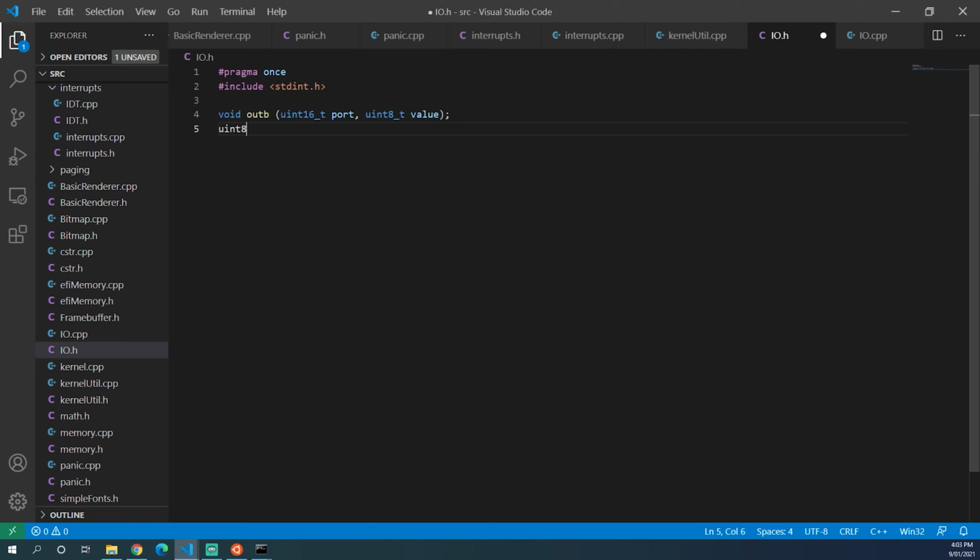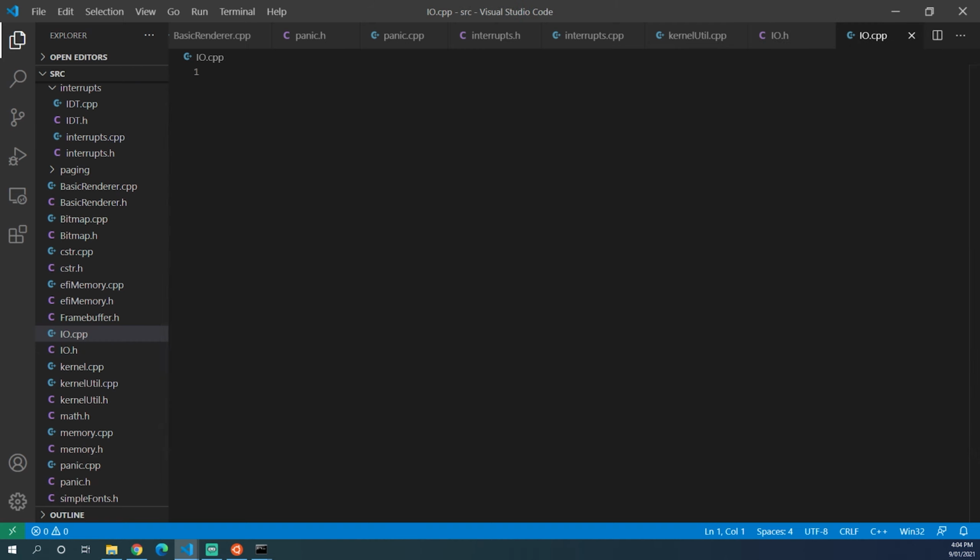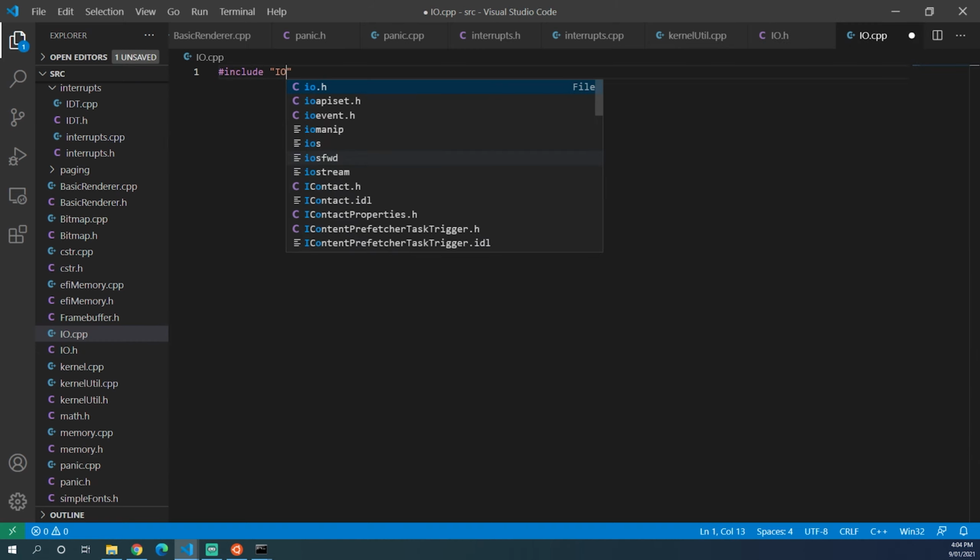We can also do uint8_t inb, uint16_t port, which reads a value from the device at this specific port. We also need to declare one more function, which is the io_wait function. And what this does is just wait for a little amount of time, because some devices on older machines on the I/O port are slow and we need to wait for them to complete before continuing sending more commands. So now we can jump on over into io.cpp and write those functions. So include io.h,